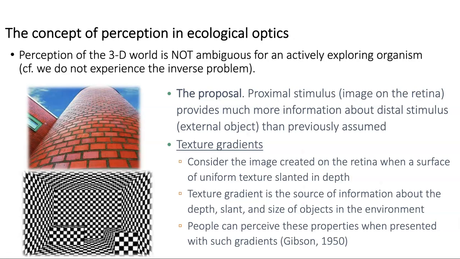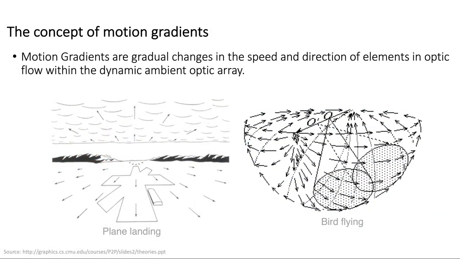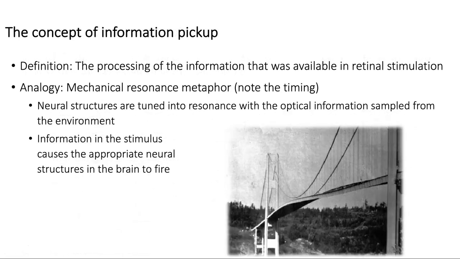He didn't like the term information. And he also said that motion gradients are very important to understand visual perception. That is quite an interesting perspective. And more interesting is the analogy that Gibson used. He said that this relationship between the external stimuli environment and the brain is achieved by a mechanical resonance metaphor. So briefly, mechanical resonance means that